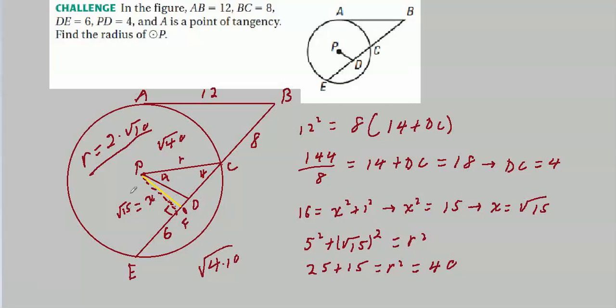Then we drew another right triangle, and that made it possible to find R, which is just the hypotenuse of our last final right triangle, and that gave us 2 times the square root of 10. Took a while to get there, but if you just slow down and take these things one step at a time, you can eventually end up where you want to be.